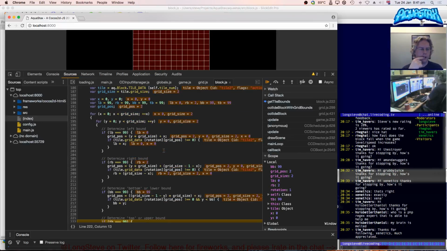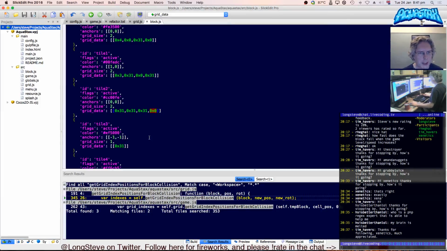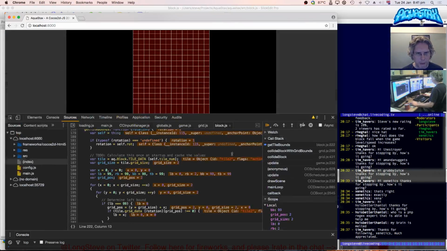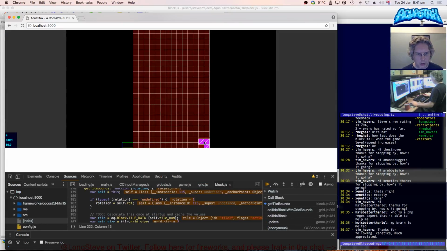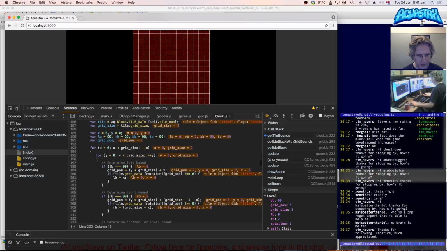Ah, I know what we're doing. We're determining the left and right bounds by going along the x and the y, but we can't do the up and lower ones at the same time because they need to be. The algorithm is supposed to be looping along. So where it loops up and down, it goes along the x, and then the height of the inner loop is the y. It's difficult to describe this, but